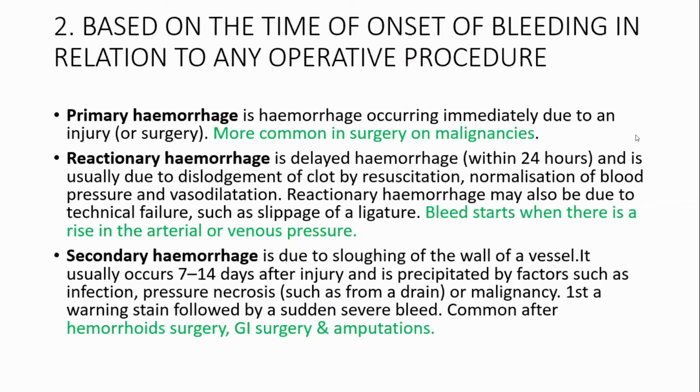Based on the time of onset of hemorrhage, in surgical part, we classify hemorrhage in three parts, and after surgery or during surgery or even after a few days of surgery, the patient may have a hemorrhage. So if there is a hemorrhage during surgery, it is called primary hemorrhage, and this may occur due to the surgical part, or if there is a difficulty in surgical control of blood vessels, or it may occur if there is a physiological derangement in coagulation.